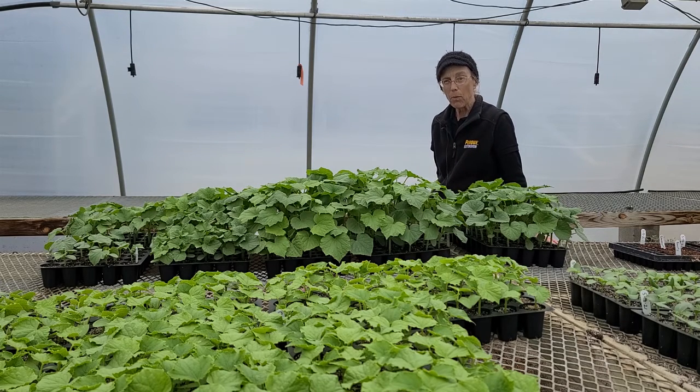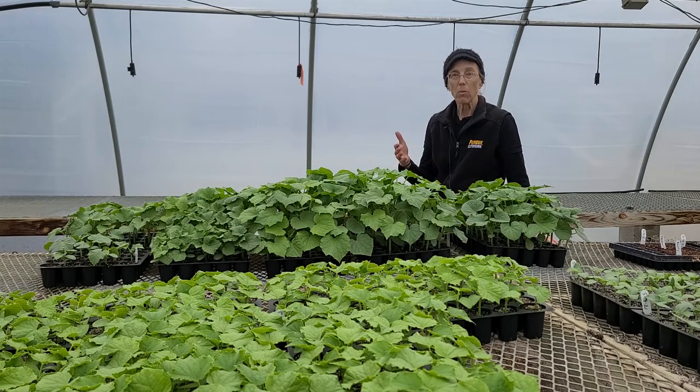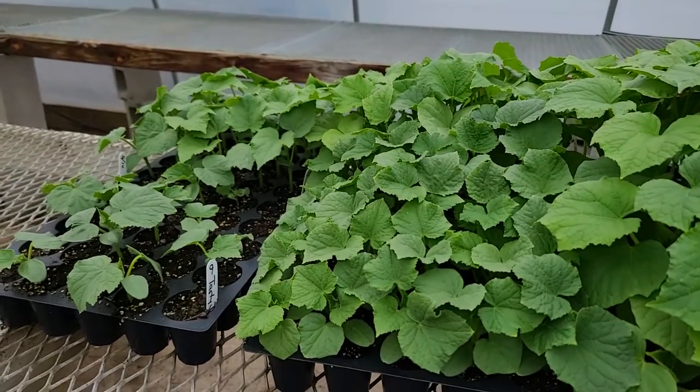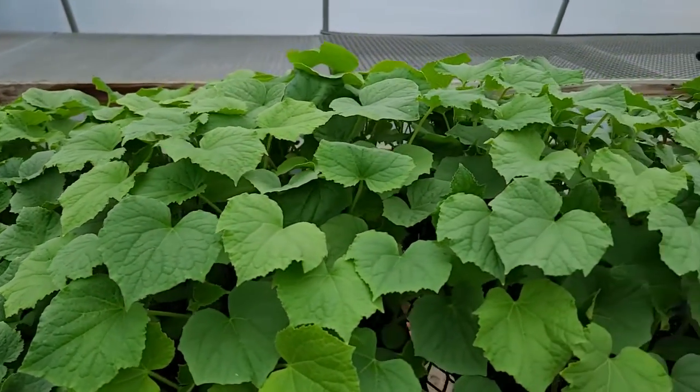And one part of the study is to look at different varieties, because some cucumber varieties we've noticed are more susceptible to spider mites than others. So that would be interesting to know. So in these flats there are 10 different varieties. It's a little bit hard to tell just by looking at them, except you can see